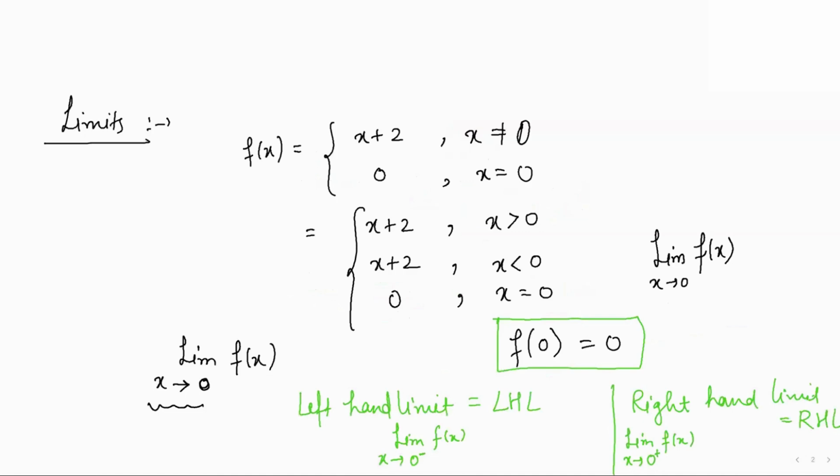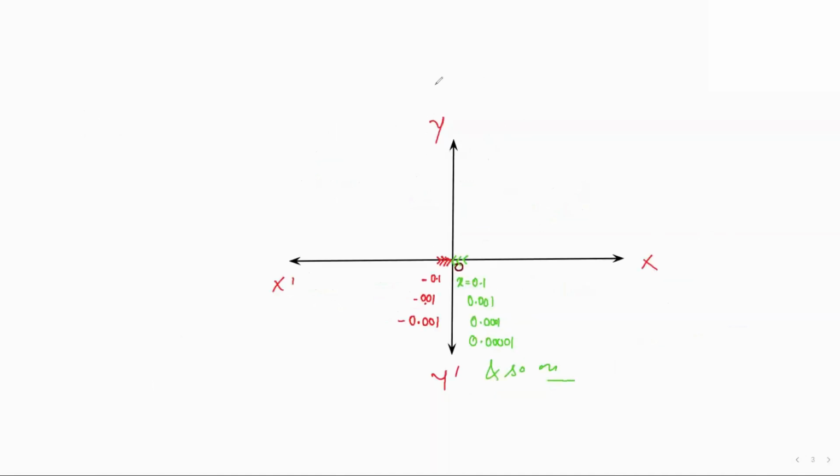So going back to the question, now how do we find LHL and RHL in this particular question? Let me do this. See, now LHL, I'm rewriting, was the limit of f of x as x is approaching 0, negative. Now what you have to do for doing